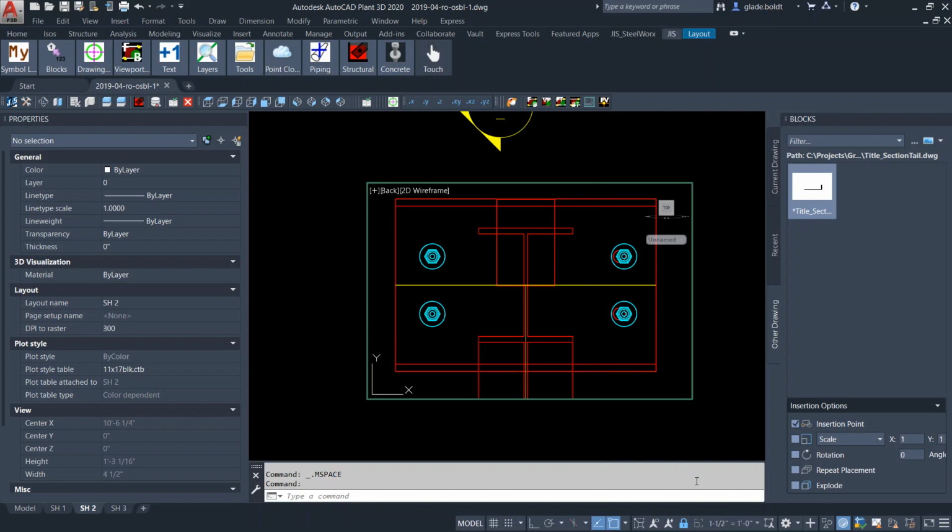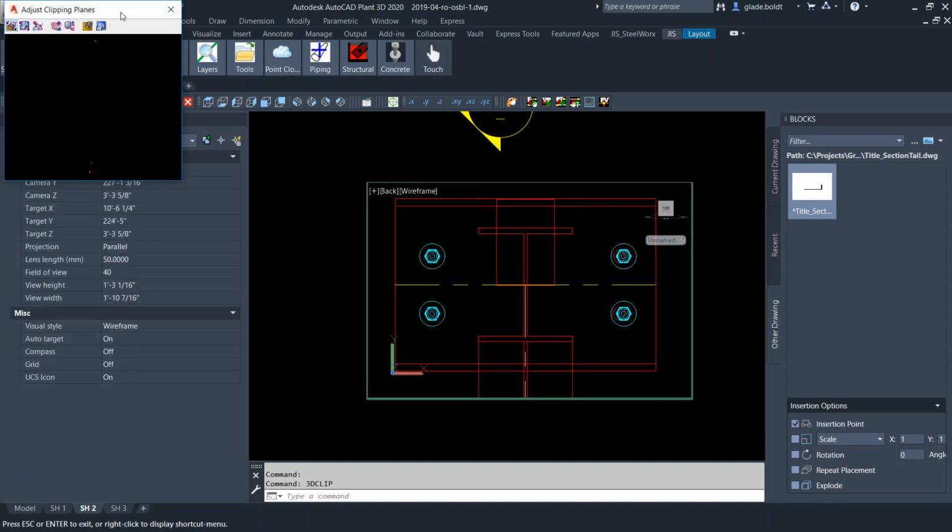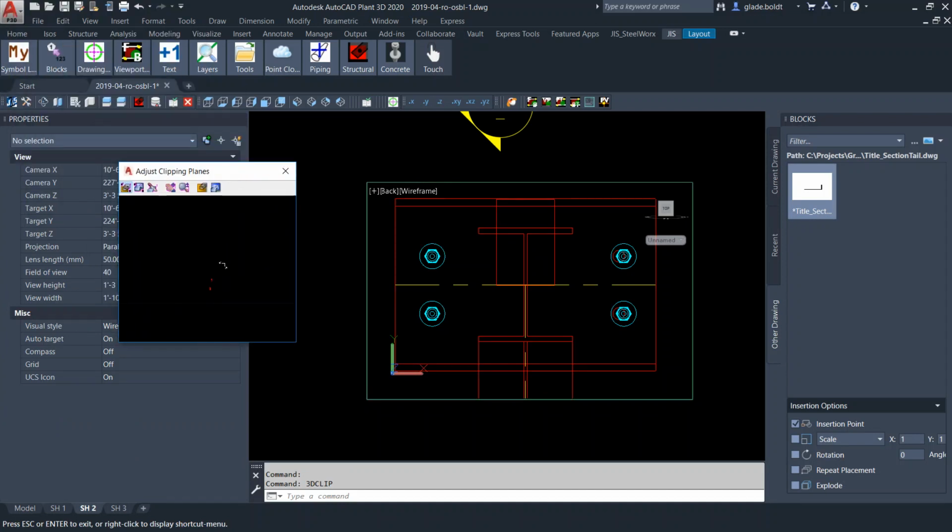Now here's where it gets to be a pain. So you double click in here, you'll unlock the viewport and you'll do a 3D clip. 3D clip. And I'll give you a preview up here of the clipping planes. And we're working on this object. I want to adjust the front clipping plane. And I can barely see that. I don't know if you can see that in the video. The video of the clipping plane is almost black. So at the back there, the front there,